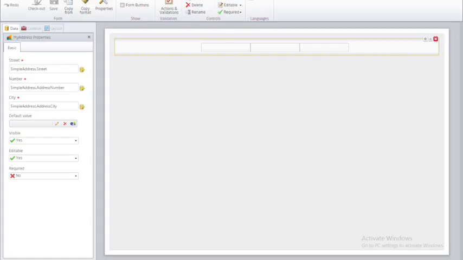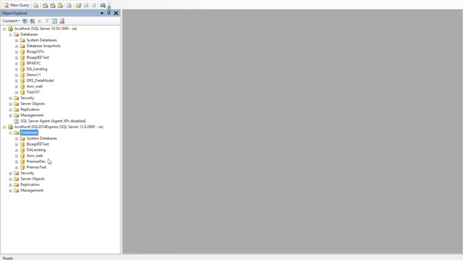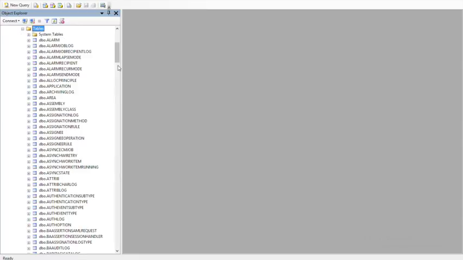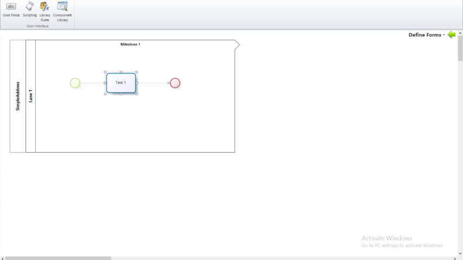And that's it. Actually, we can do a very quick test in the database just to be sure that they are stored in the proper place. So I'm going to check for the name of the database. So the name of the database is this one, Bizagi 10. And in here we have a table called